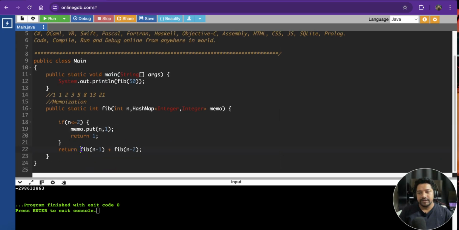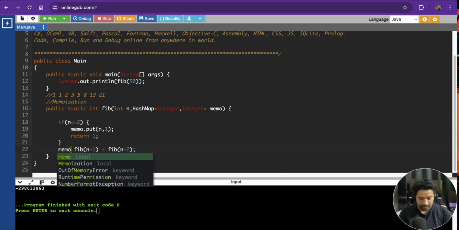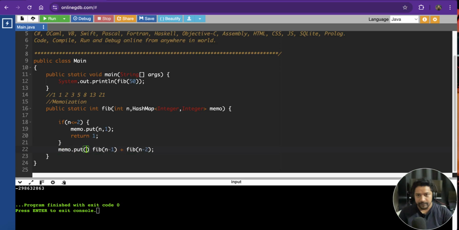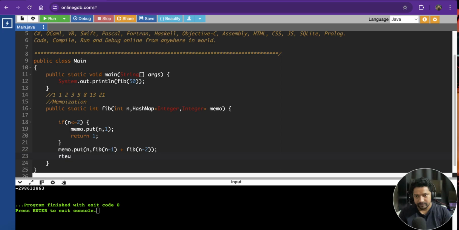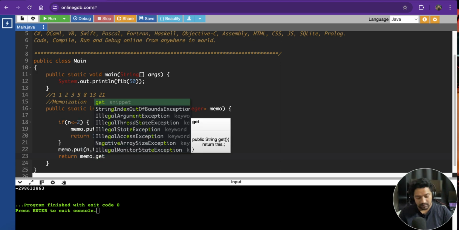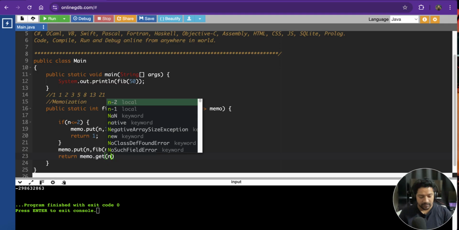Or here, instead of return, what we'll do, we'll put this value with memo.put, actually I'm storing that value inside it, okay, and we'll return memo.get(n). Okay,